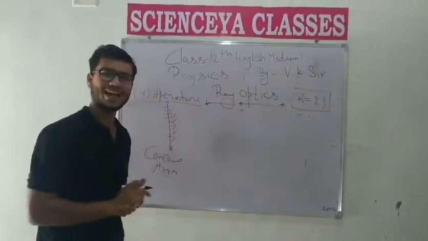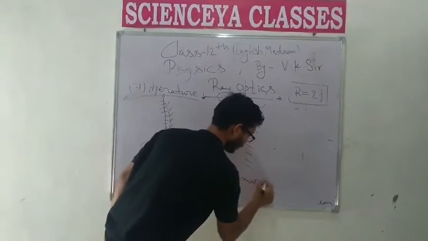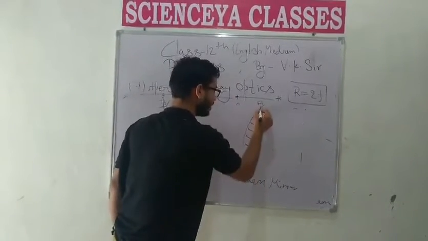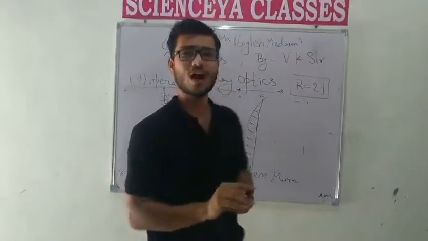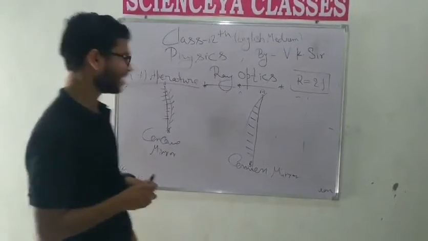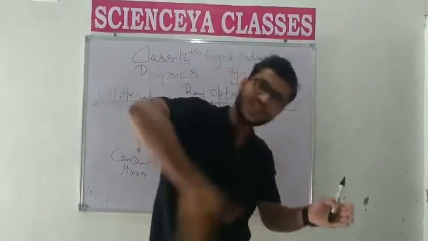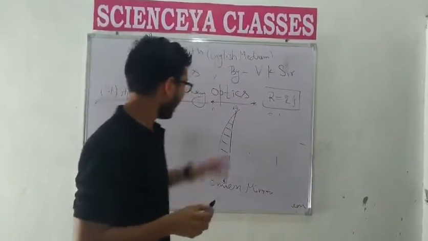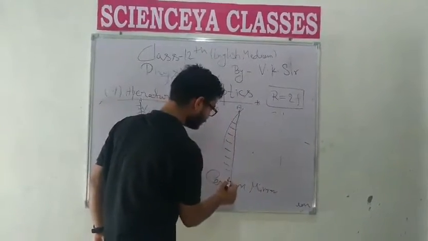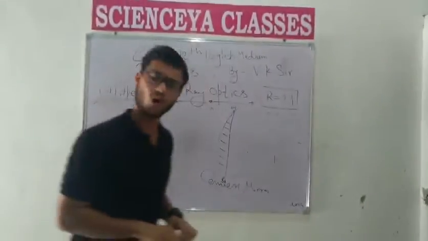This is for the concave mirror, and for the convex mirror, the same definition is repeated: the maximum distance between the terminals of a convex mirror is called the aperture of that convex mirror. Like in archery, as in the Ramayana and Mahabharata, the surface of the bow is the aperture. Here we assume that there is a thread between the terminals of the convex and concave mirror.